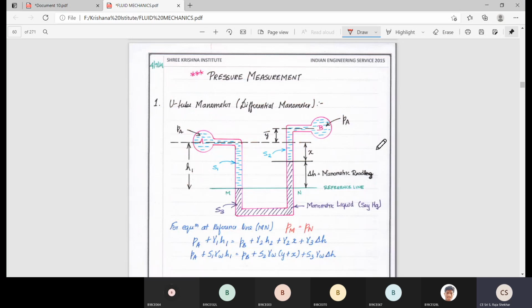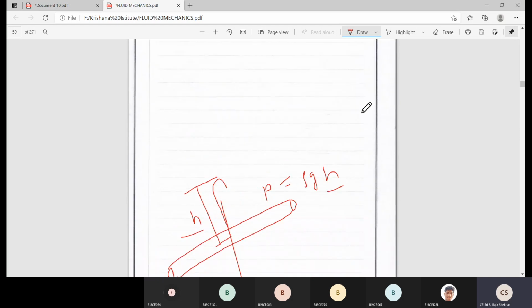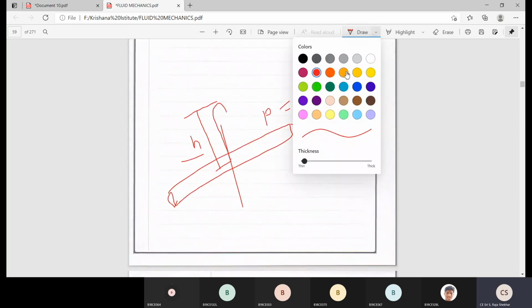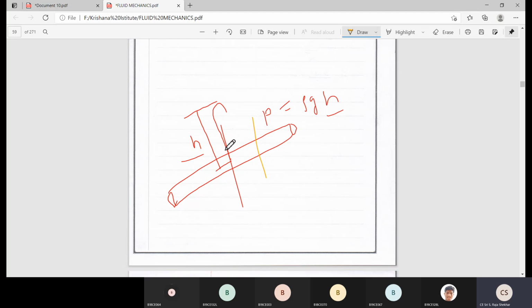Now for measuring differential pressure, what is meant by differential pressure? It is to measure the pressure difference between two sections. So I want to measure the pressure difference between these two sections in a single pipe, that is, the pressure difference in a single pipe at different sections. To measure the pressure difference at two sections of one pipe, or in two different pipes at different sections, if you want to measure the pressure difference, then